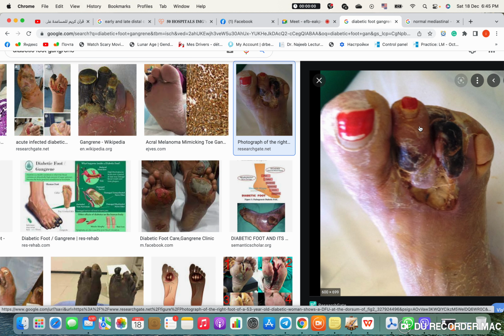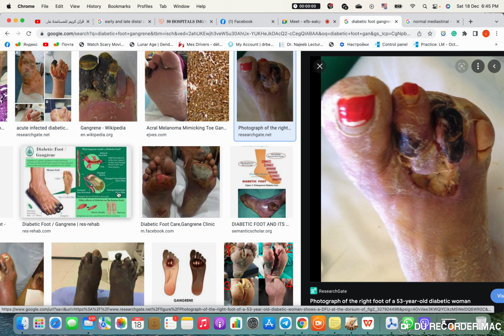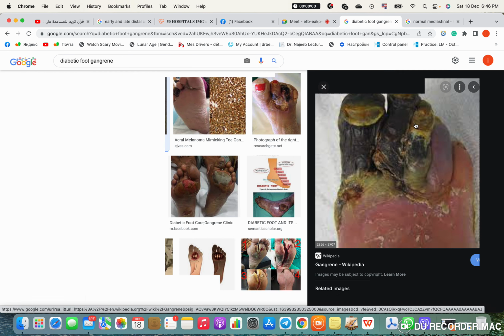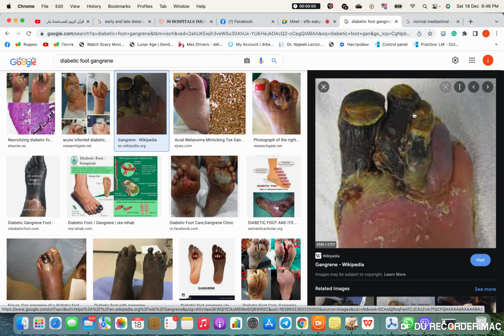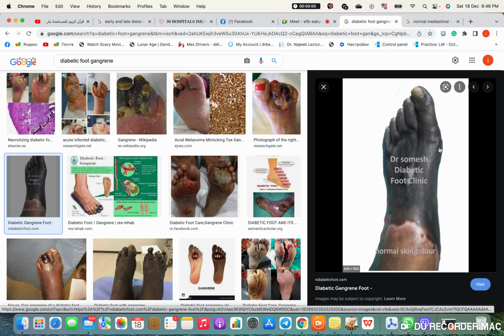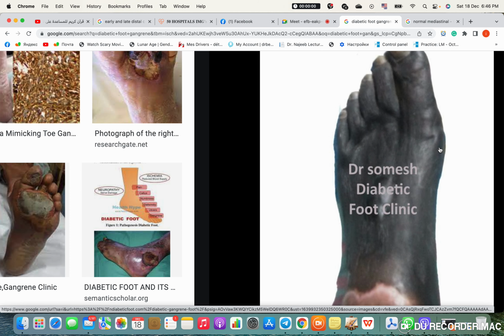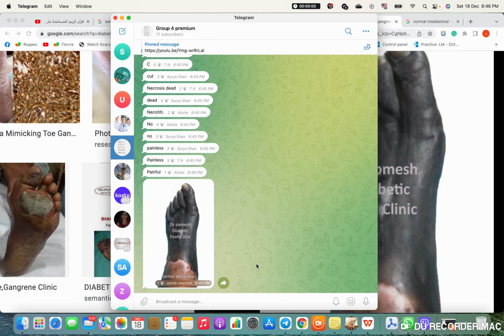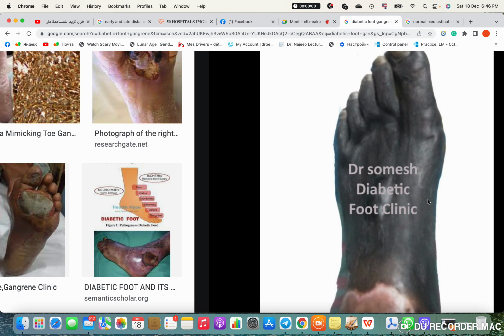So is this painful or painless? Painless. Look, it looks ridiculously disgusting and it looks horribly painful. But since it's necrotic, they will not feel anything. So it looks something like this. It looks practically fake, but it's painless. Remember guys, anytime you have a necrotic tissue, it's painless, okay? So let's go to the next thing.